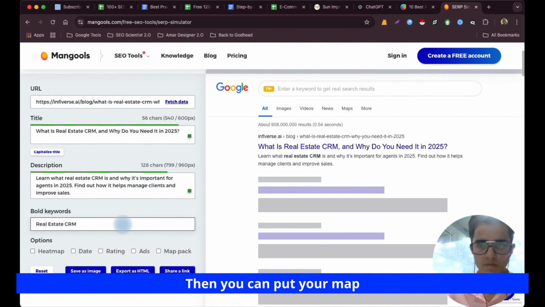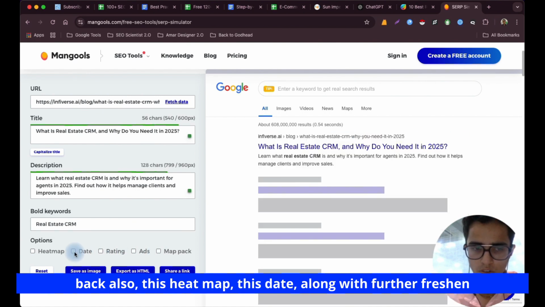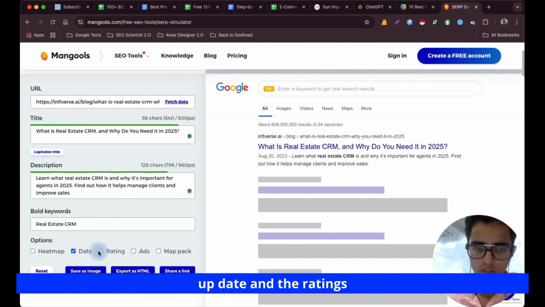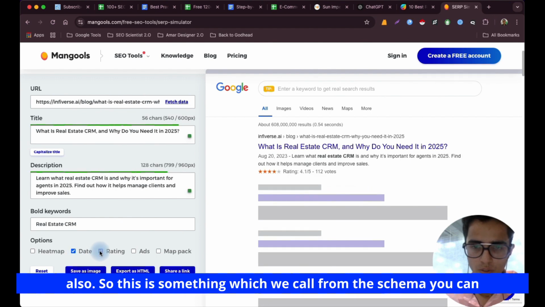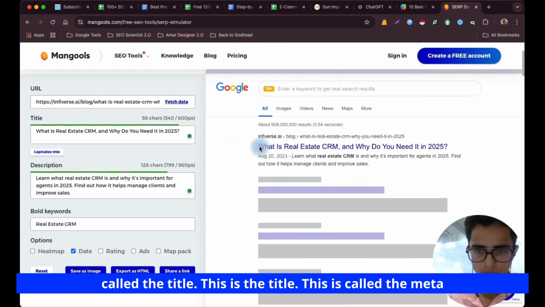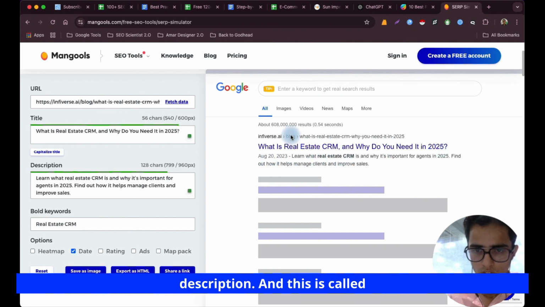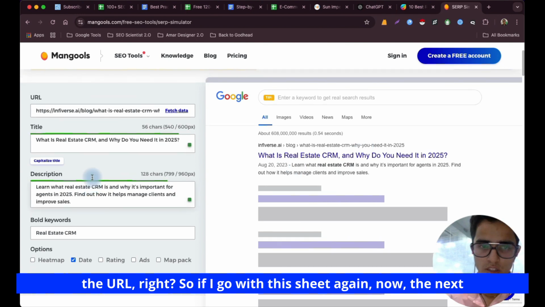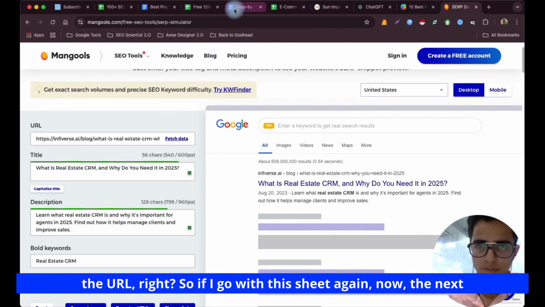then you can put your map pack also, or this date, along with the freshness update and the ratings also. This is something we get from the schema. You can generate this. This one is called the title, this is called the meta description, and this is called the URL, right? So if I go back to this sheet again,